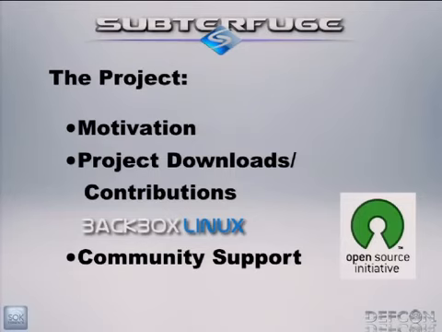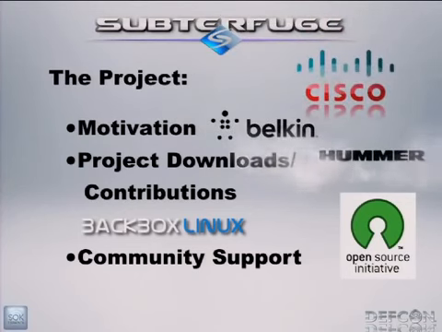Subterfuge makes it obvious to anybody, no matter how tech savvy or non-tech savvy you are, just how vulnerable you are on the network and exactly what you're getting. So rather than just saying, oh, somebody's man in the middle, he's seeing my traffic, what does that mean? We actually display, here's what you got, here's something else you got, there's a real risk and here's the threat. So hopefully that's going to make consumers demand some kind of protection in their routers. Those protections do exist. Router companies just haven't given them to consumer level routers. So hopefully when consumers start demanding that, router companies like Belkin and Cisco and